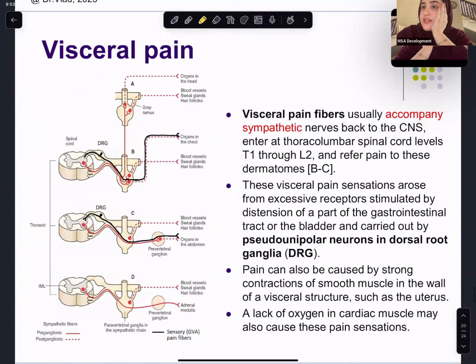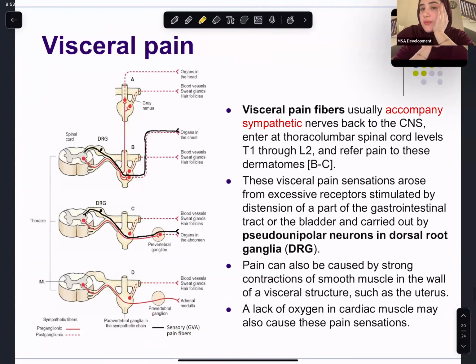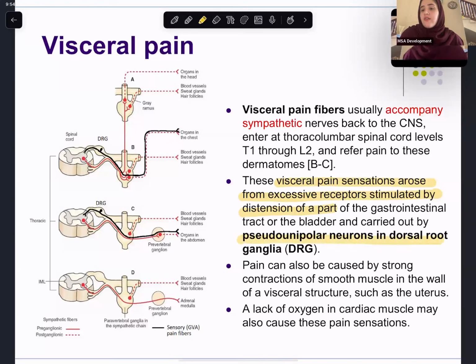So usually, as we said, the visceral pain fibers, or the visceral afferent fibers, accompany the sympathetic trunk. Okay, and they go from T1 to L2. Now it's important that visceral pain sensations arise from excessive receptor stimulation by distension. So they're only triggered by distension. This is the only way that our internal body understands pain. And those visceral afferent fibers are usually pseudo-unipolar neurons that are found in the dorsal root